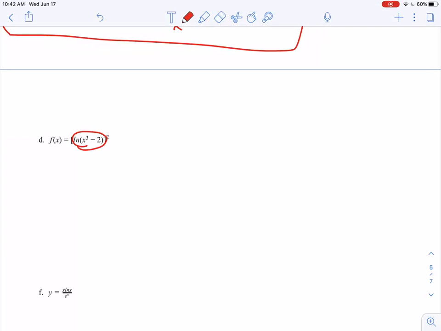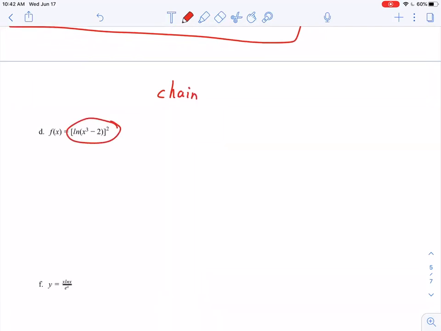When I want to take the derivative of that inside part, derivative of natural log of x cubed minus 2, that has to be a chain rule. So it's definitely a chain rule happening here. But then if I look at this as a whole, I have natural log of x cubed minus 2 quantity squared, and mostly I'm kind of interested in the squaring function. Look at that inside part. I have natural log of x cubed minus 2. We said if that inside part is anything more complicated than just x, it's a chain rule. So what I have here, ladies and gentlemen, I have a chain rule